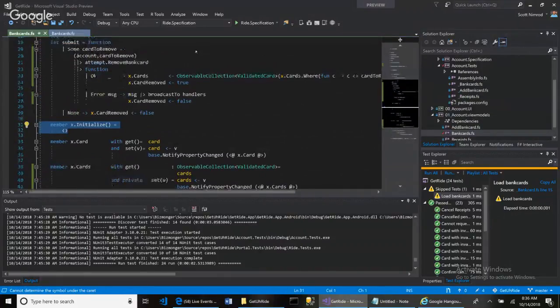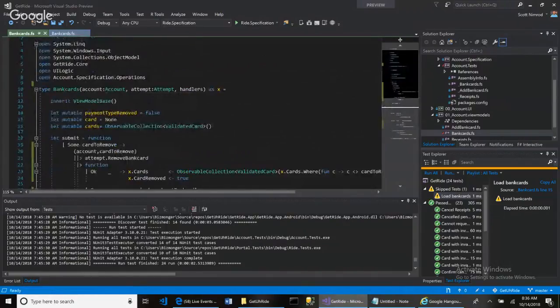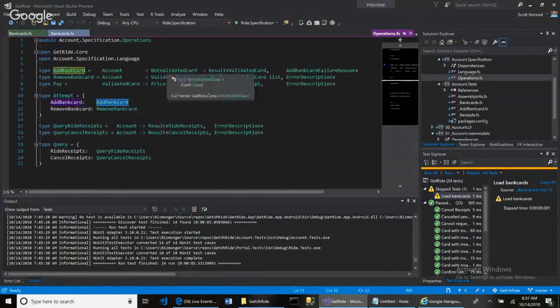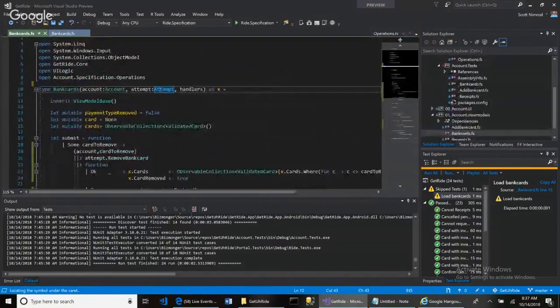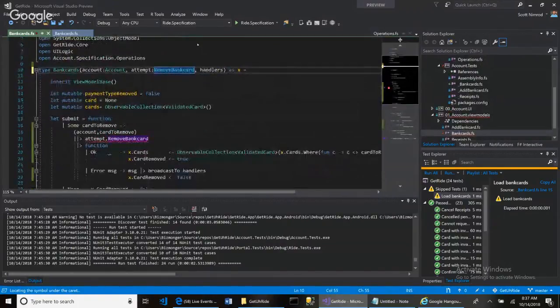Now what? Well, there's an attempt in here, and that attempt is adding a bank card and removing a bank card. Let me see about this. This add bank card isn't really necessary, that's outside the scope of what I'm doing. This account not validated, whatever. So I should really just have a remove bank card. That's what I should really have. This is going to break a lot of tests, but